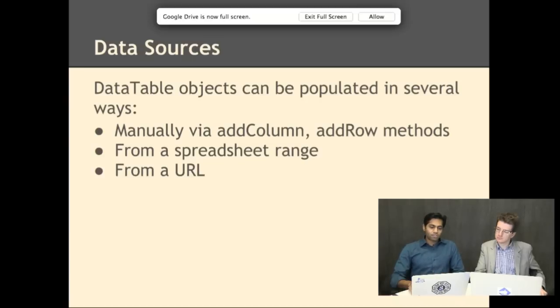If you have a spreadsheet with the data you're interested in, you can access the range of that spreadsheet just by opening the spreadsheet with an ID. As you'll see later, this is the first demo. Using the spreadsheet service, you pull the spreadsheet really quickly, and then you get the range of the data from the spreadsheet service. Then you can just pass that directly into the data table, and it automatically populates the columns with the correct